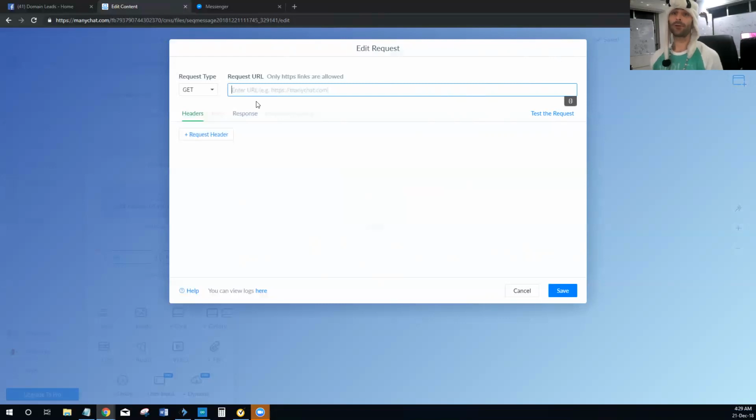So for example, let's say maybe you've got your own database and you've got your own users, and inside that database you have a lot of information about your users. You could actually just make a post request out to your database, make a little API route on your database, and then you can have Manychat hit your own database and pull in custom data. Like let's say you're a realtor and you have a database like an MLS. Well, you could collect information from the user, what their budget is,